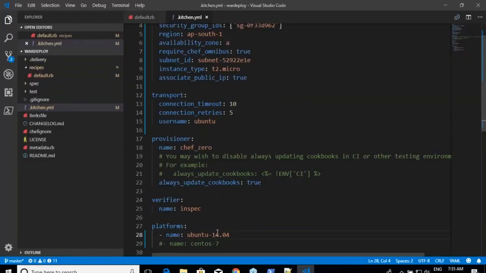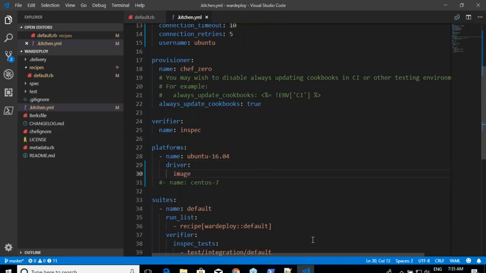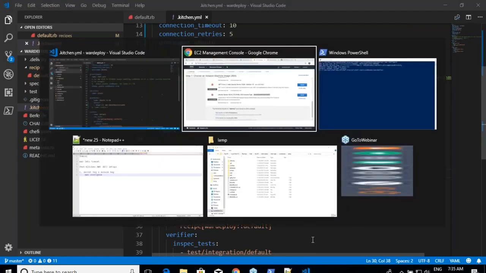If you don't want Kitchen to be searching for it, just say this. And over here, you can say that I am very specific about my image because I know my ID. You can say that I would be writing a driver and image hyphen ID, and my image ID is this. In this case, you are specifically selecting the image which you want. If you don't, Kitchen will try to search for the images and find you an image for the platform. That's what the documentation tells.